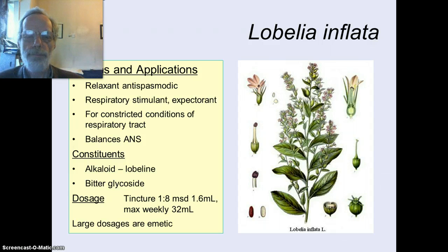Lobelia is also a balancing agent for the autonomic nervous system. It contains an alkaloid lobeline, which is in the same family as nicotine, so it has been used in some smoking cessation therapy. Maximum weekly dose is 32 mils. Large doses are emetic, and in fact